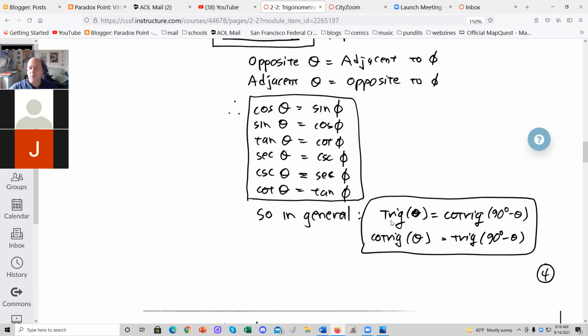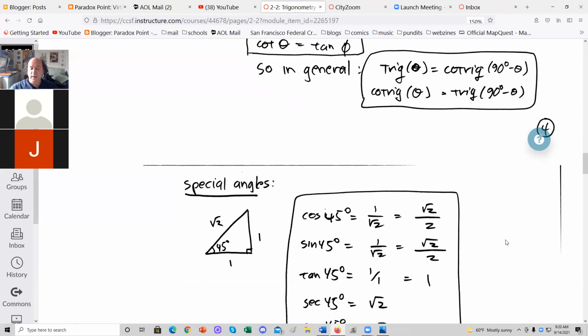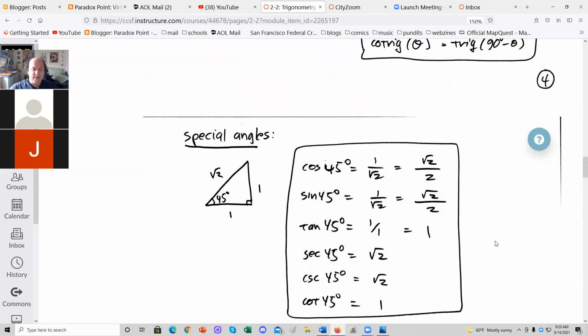In general, the trig at theta equals the cotrig at 90 degrees minus theta. And equivalently, the cotrig at theta equals the trig at 90 degrees minus theta. So cotrig is trig of the complement. Now there are some special angles whose trig functions are relatively easy to visualize, and you do it easily by drawing